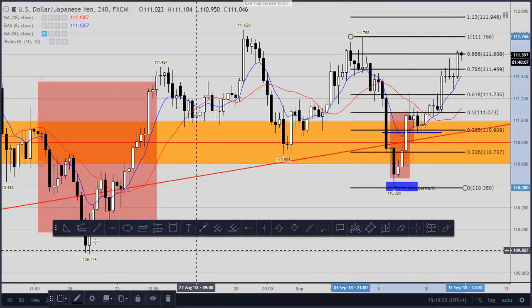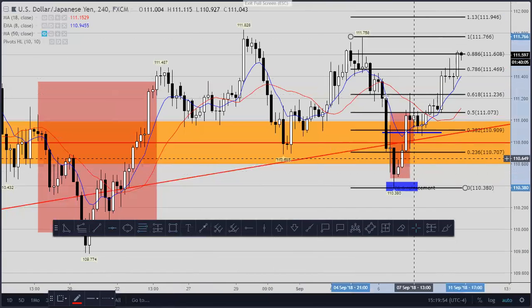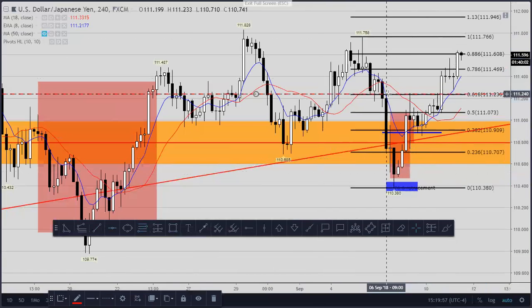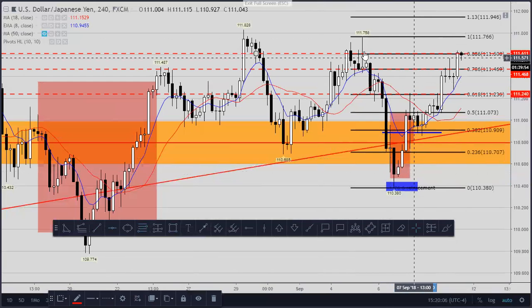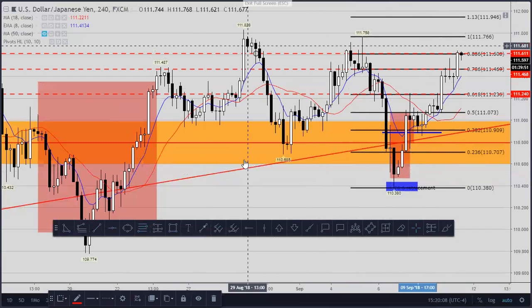And my targets were pretty simple. I got out at the 61.8, which was my target 1. 78.6 was my target 2. 88.6 is my target 3. So now we're at these highs up here,